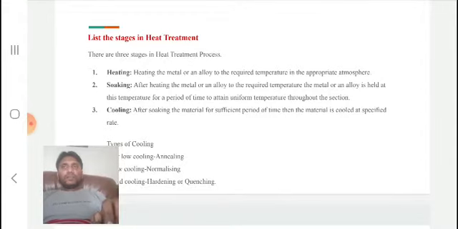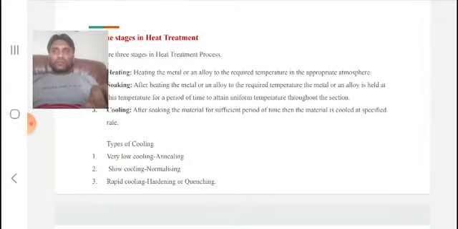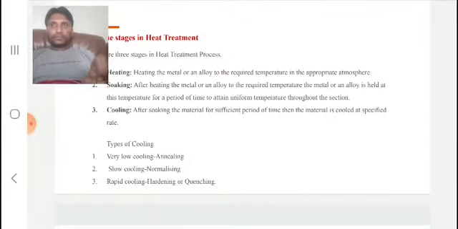After that, the material is cooled at a specified rate, which is called cooling. There are types of cooling. Very slow cooling is called annealing, slow cooling is called normalizing, and rapid cooling is called hardening. There is no difference whether you heat it slowly or fast, it doesn't matter, but